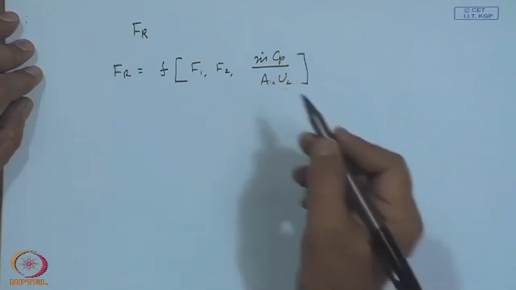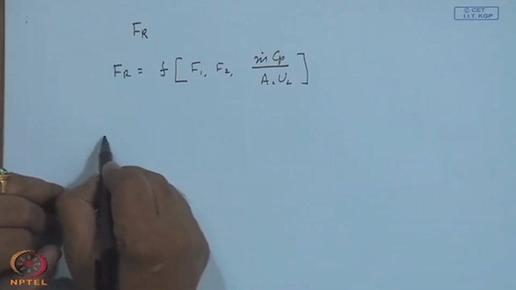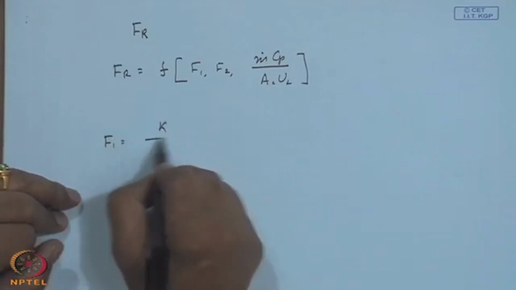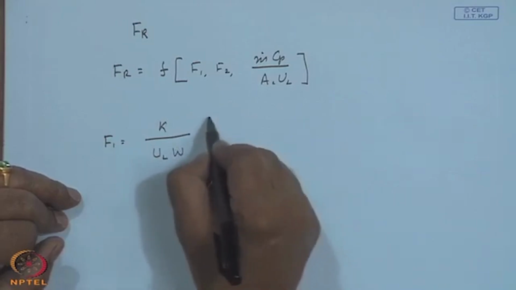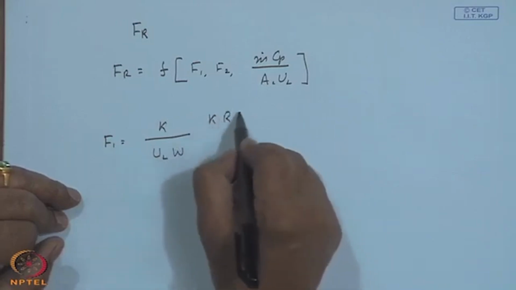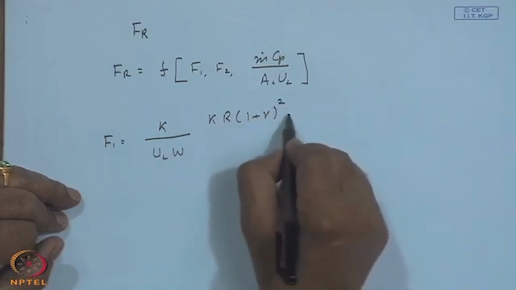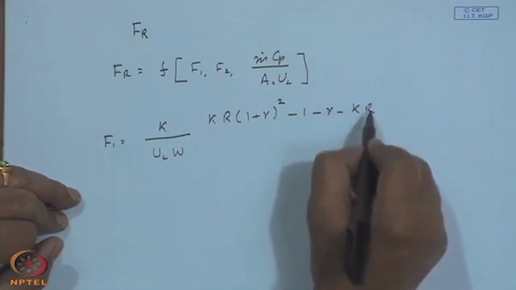This is what we get in your heat removal factor all along, where F1 is defined as kappa by UL, overall loss coefficient, times W into K or 1 plus gamma to the power 2 minus 1 minus gamma minus kappa R